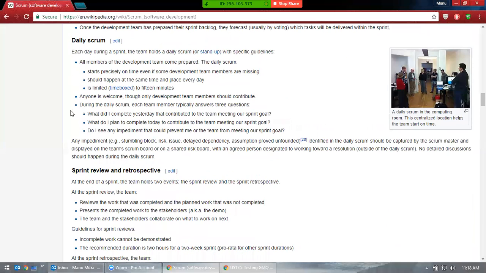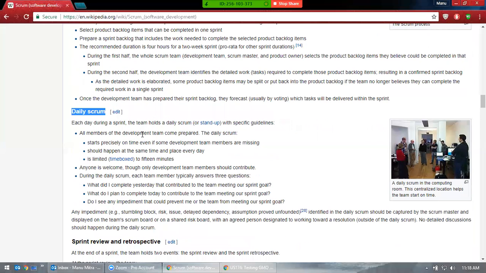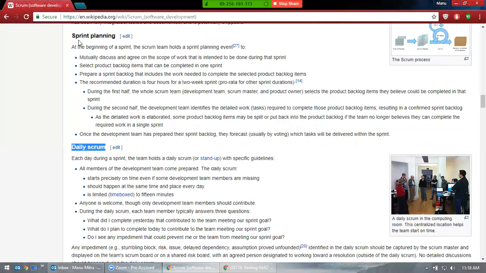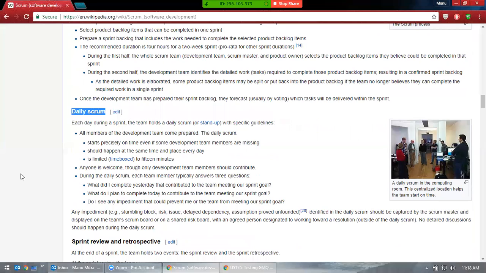Next, go to the daily scrum. So now daily scrum is again a meeting. Okay. Now, sprint planning starts every first week of the month, and daily scrum is irrespective of any day. Once the project gets started, you are into the system, then you will be having daily scrum. Okay, what you discuss in daily scrum, so this will be not more than 15 to 20 minutes. If you're doing this for 30 minutes, 1 hour, then you're doing something wrong. You don't go more than 15 to 20 minutes.